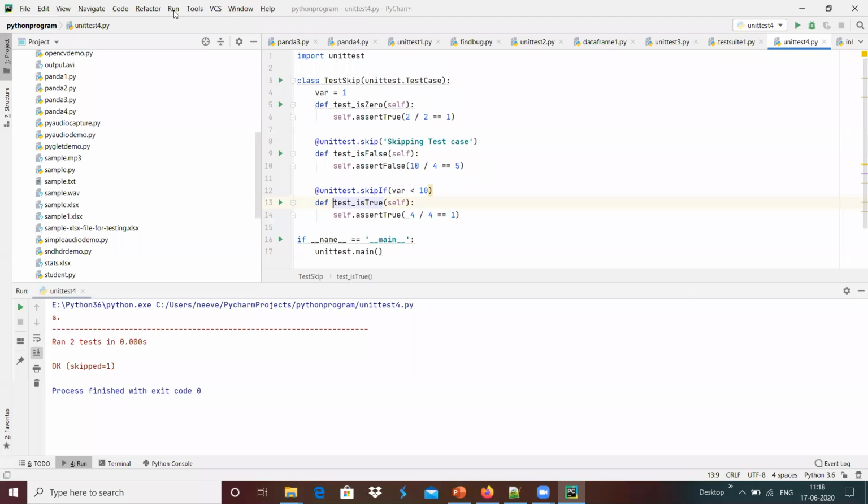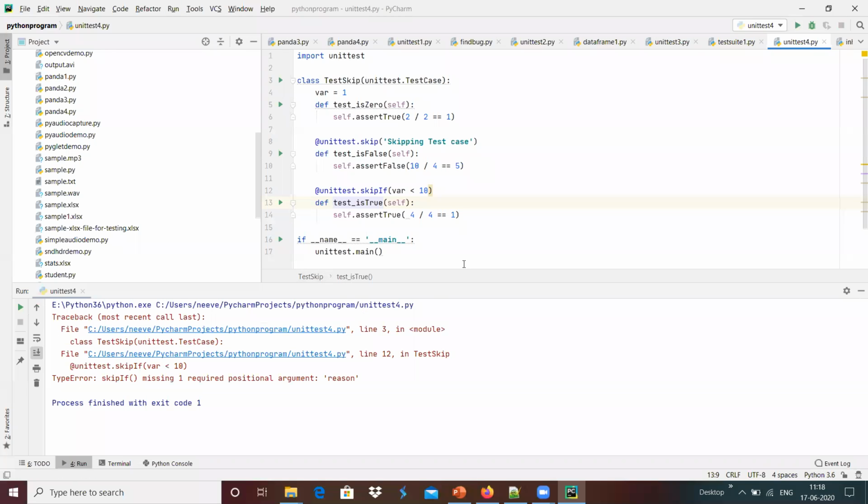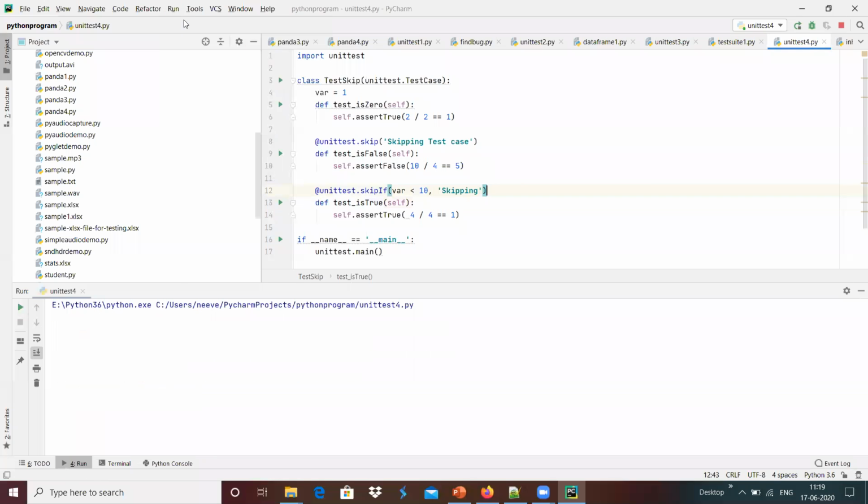For example, I'm going to run the unit test case. Oh, it has to be 2 arguments, so I will check skip if, condition variable less than 10, comma, reason skipping over here. Now I'm going to run this.